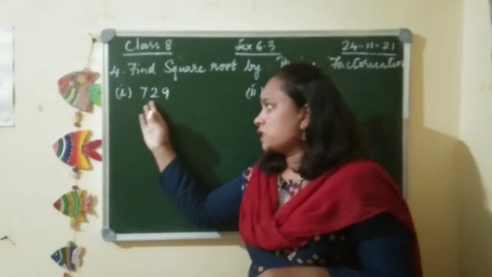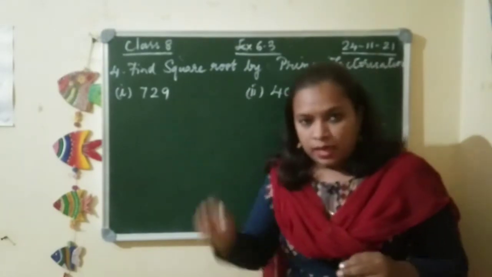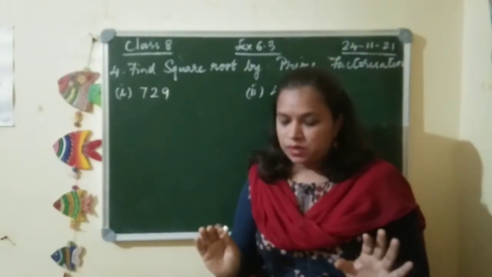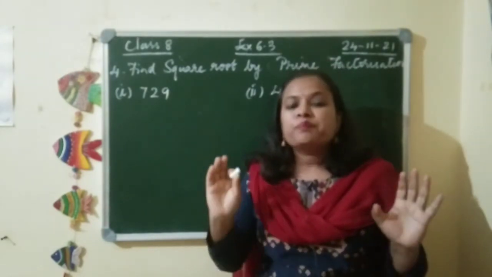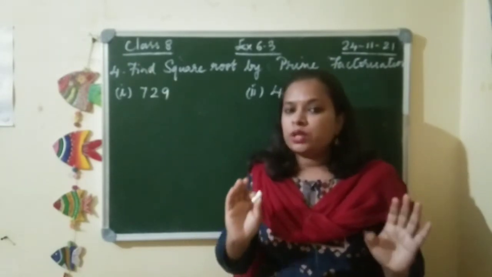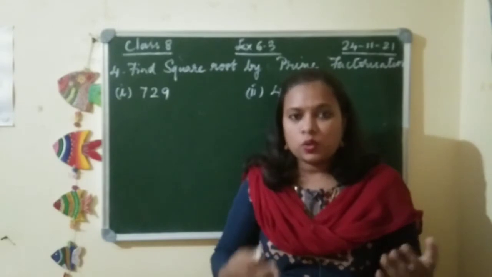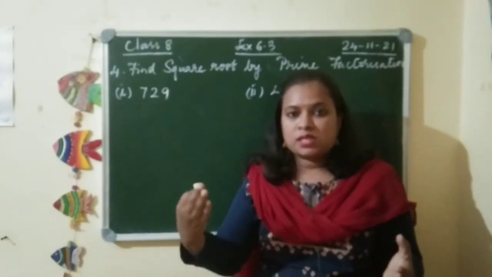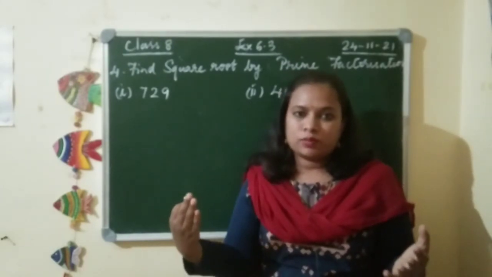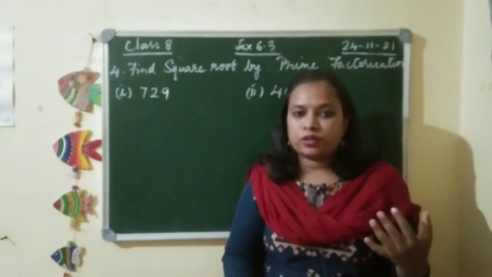Now let us see the first question, 729. 729 is divisible by 9 as well as 3. Since they have asked for prime factors, we will go only with the prime numbers. Always you should know the prime numbers at least from 2 to 10. The first prime number is 2, and here it is not divisible. You have to check by which prime number it is divisible. Usually most of the numbers will be divisible by 2, 3 or 5. Only then we will go for the next prime numbers.